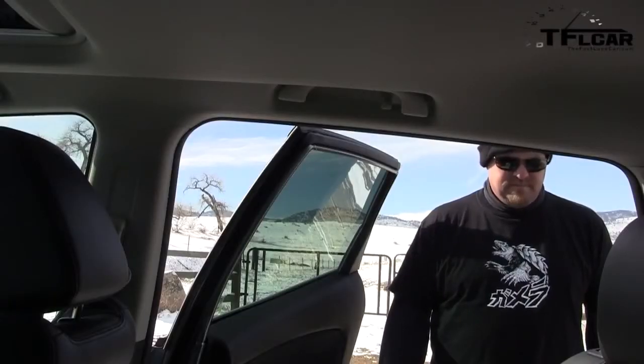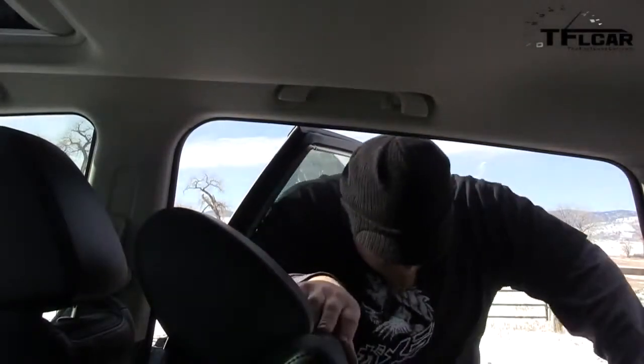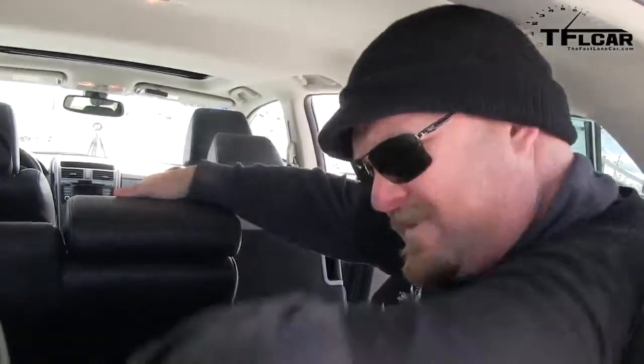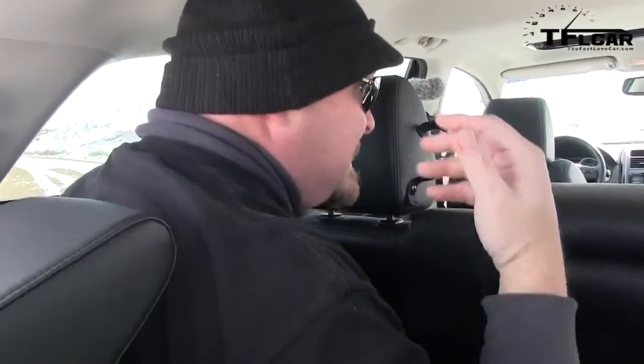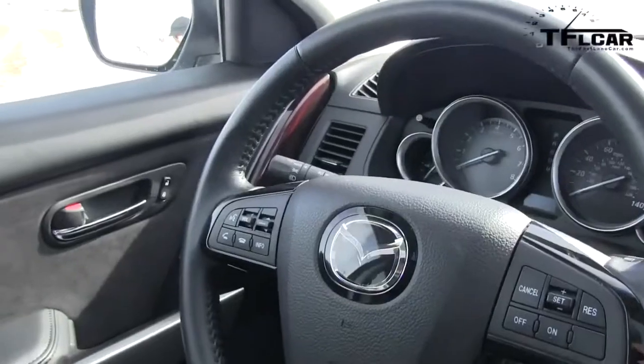Now, of course, the test of a 7-passenger vehicle is how easy or hard it is to get in the third row, and Nathan will demonstrate. You are a bull in the china shop, Nathan. I got it. There's one cool thing. There's not as much room back here as there is in, say, the Nissan Pathfinder or a GMC Acadia. I can tell you that now, but